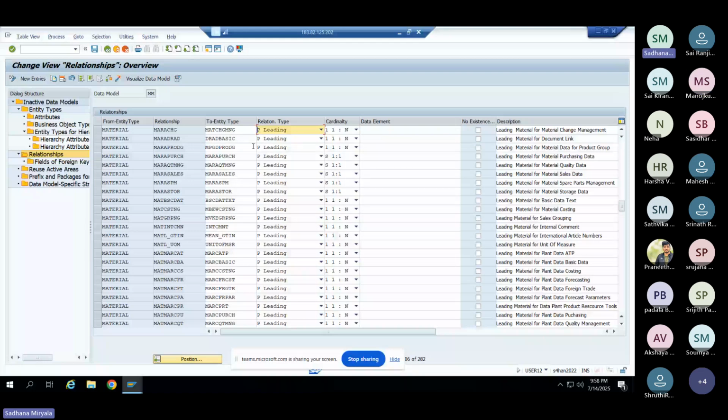Okay. So if you are referring to the from entity type, then you can maintain the referencing relationship type. And if